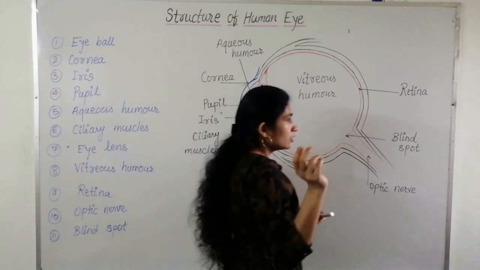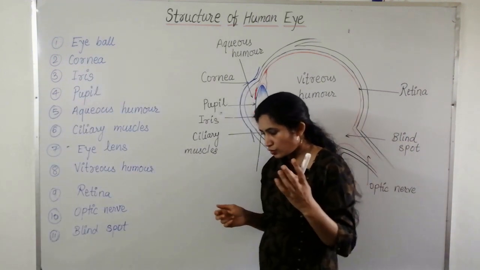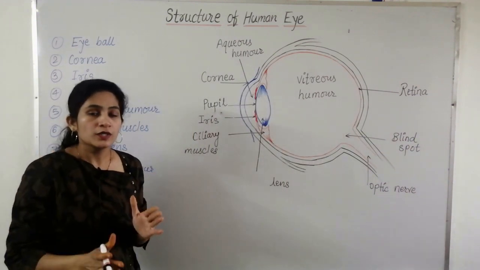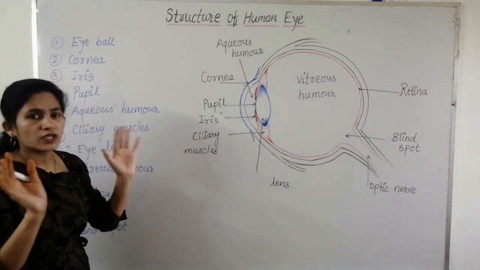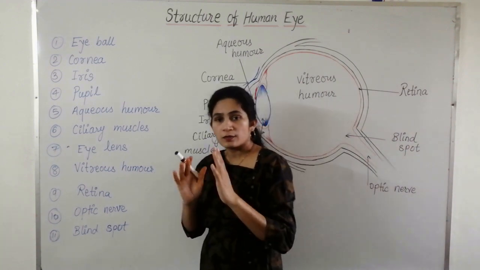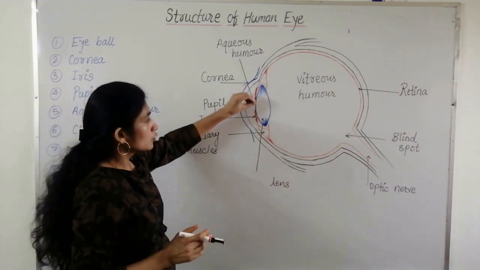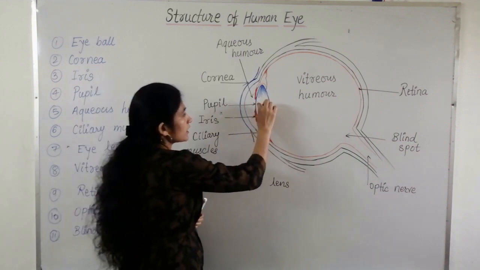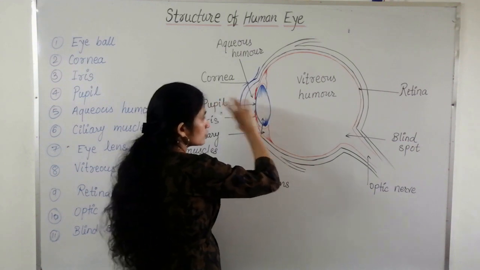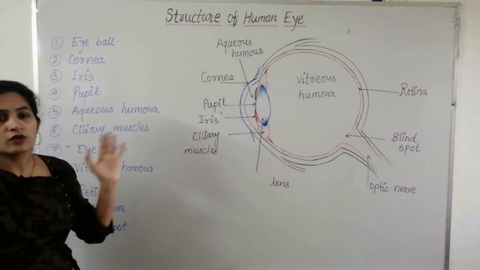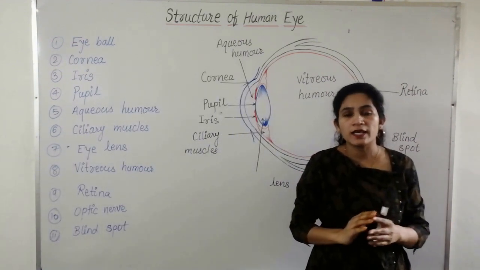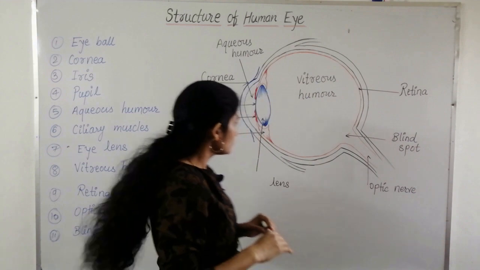Let me give you an example to understand this. You might have experienced one thing when we suddenly enter from bright light into dim light. Then for a few seconds we cannot see anything. This is because it takes some time for the iris to contract and increase the size of the pupil so that whatever light is present should enter into our eye and we can see the object clearly. Therefore, when we come suddenly from bright light into dim light, we cannot see anything.